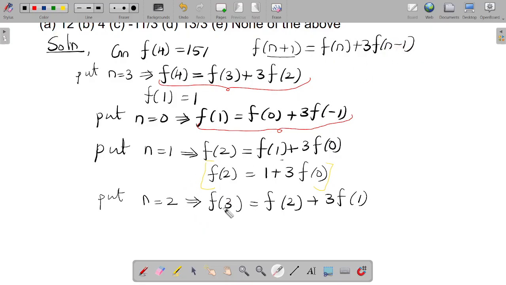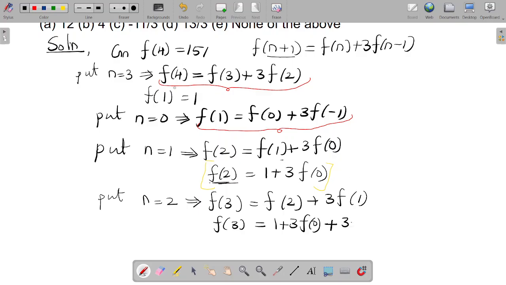Okay, now we have the value. In the previous step we found f(2), so just replace f(2) here. So f(3) = f(2), which is 1 + 3 times f(0), then the last term is plus 3 times